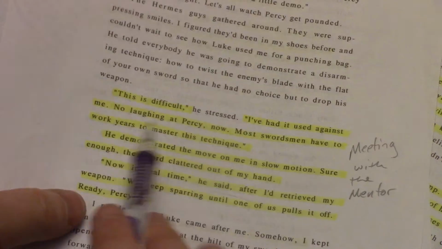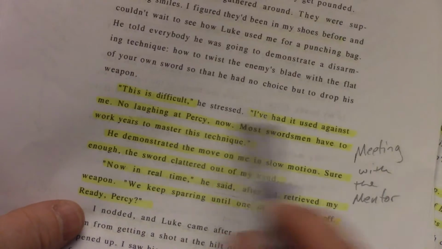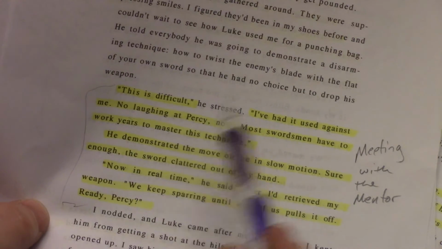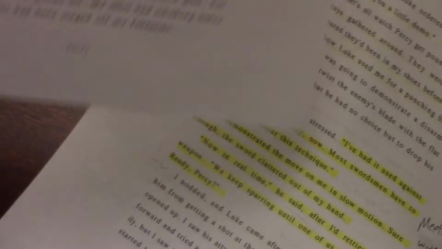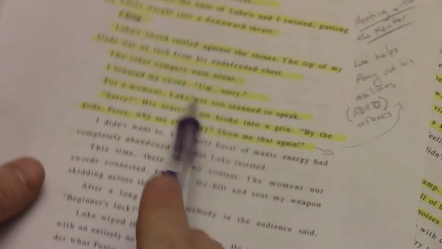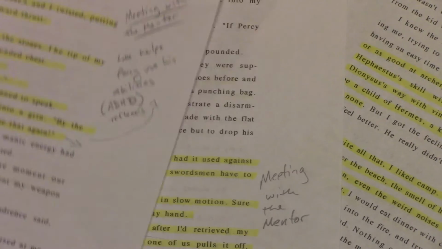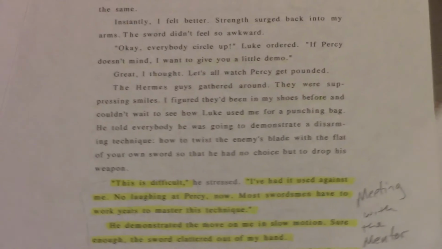But if you decide to go with meeting with the mentor, page 110, which you do have, has that fantastic quote about him telling the people not to laugh and starting to teach, and then on 111 Percy demonstrates that battle technique and really impresses his mentor at this time. So that is what we have there. So we'll move on to the